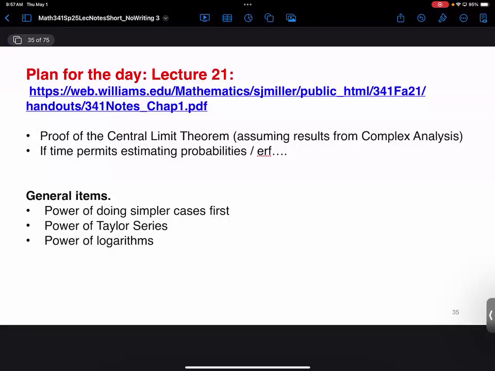So the big question is, when is that enough? When does that determine the distribution? What do I need to know? How many moments do I need? Which moments do I need? And so to do this rigorously requires complex analysis. That is a class that should be offered next year. And if you're interested in stuff like this, it's a great thing to do.